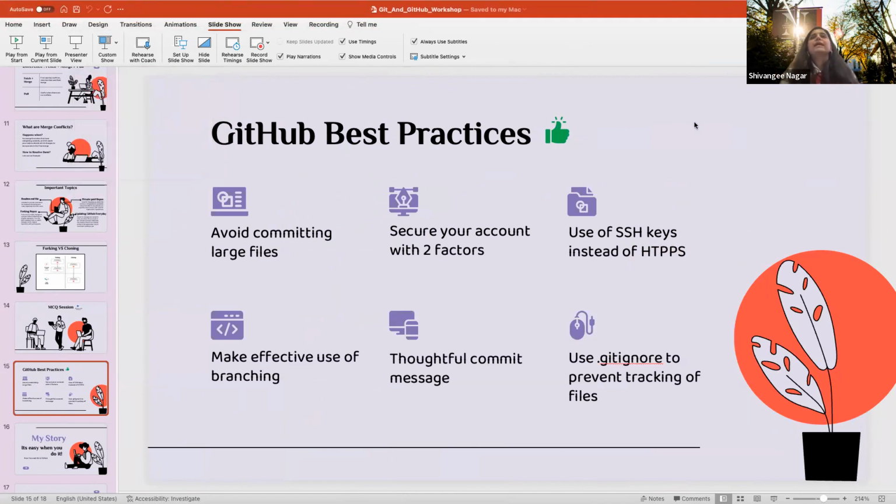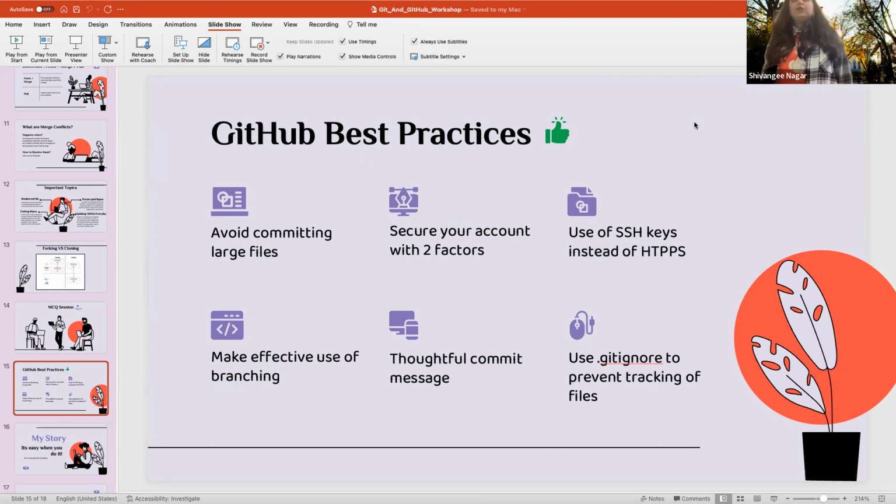Okay, so GitHub best practices. A lot of people here would already be using it. I know we usually ignore best practices and just focus on doing our stuff. But as you move forward in your software engineering journey, you have to keep these 6, actually 7, points in mind, one being the readme.md, because when you work in an organization these things start becoming more important.